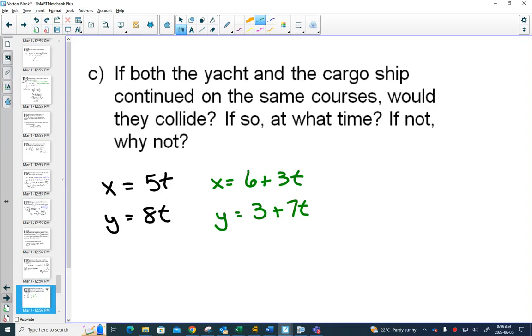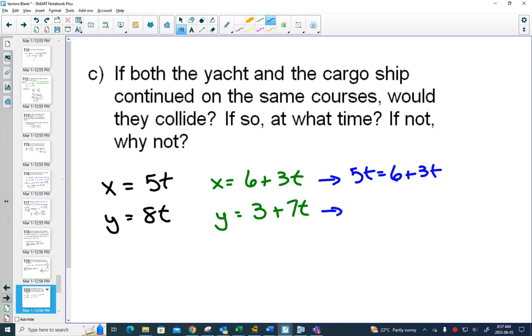And what makes real life questions a little bit easier than some of the questions we did in applications earlier is, do you remember that one equation often had a t and the second equation had an s? And then you had to solve a system of equations. But when you're dealing with real life problems and seeing if things are going to intersect or collide, your time is the same thing. The paths may cross, but if they cross at different times, that's no problem. It's only going to be a problem if the yacht and the cargo ship are at the same place at the same time. So from these ones, I can just say, well, 5t is equal to 6 plus 3t,